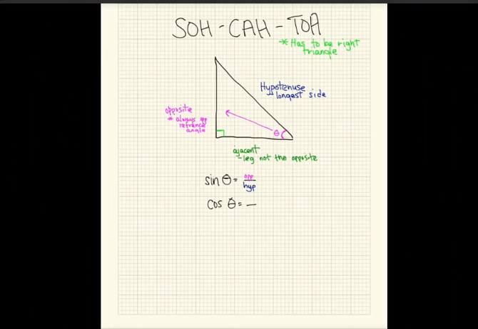And like I said, I'll do some example problems in the next one. So when you have cosine, you're going to use the measure of the adjacent over the measure of the hypotenuse. And then last but not least, when you are using tangent,